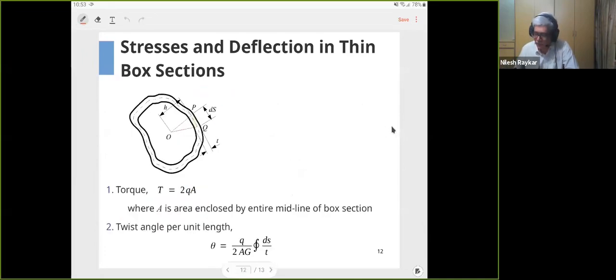And we have seen the derived equation for torsion versus the shear flow and area, where area is the mean area subtended by the mean line of your cross section. So remember that A is not the cross-sectional area, but it is the solid area subtended by the mean thickness line. And we have also seen how to calculate the angle of twist for this particular section upon action of the torque, and it involves a line integral, which we have also seen how to calculate.